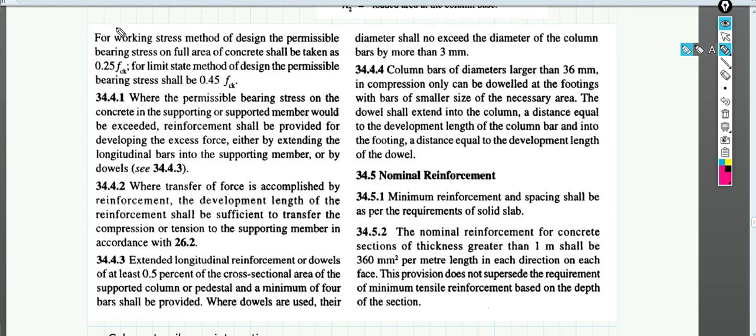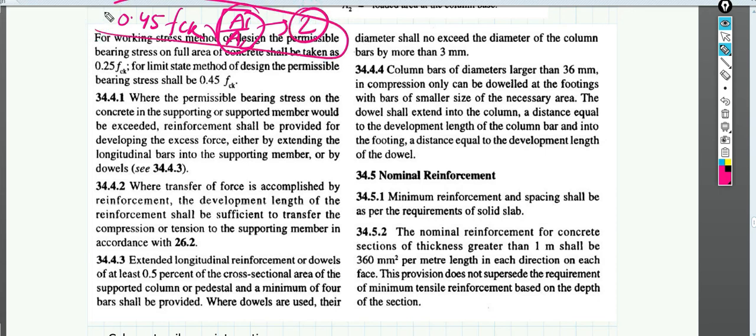So the equation, in case of the limit state method, is 0.45 fck root over A1 by A2, where this value should not be more than 2. This is what we have to do. So let's look into some other clauses as well. Clause number